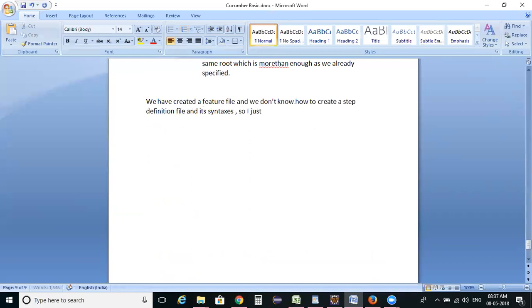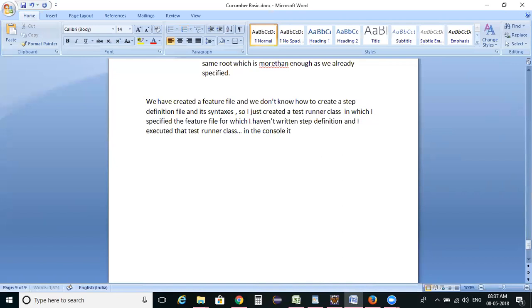So I just created a test runner class in which I specified the feature file for which I haven't written step definitions, and I executed that test runner class.